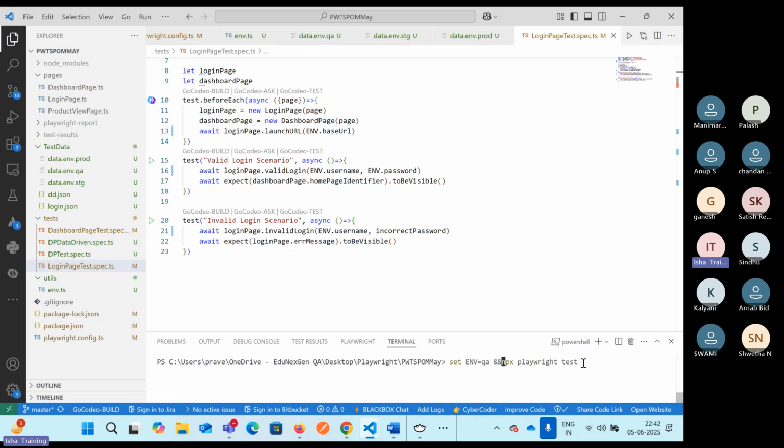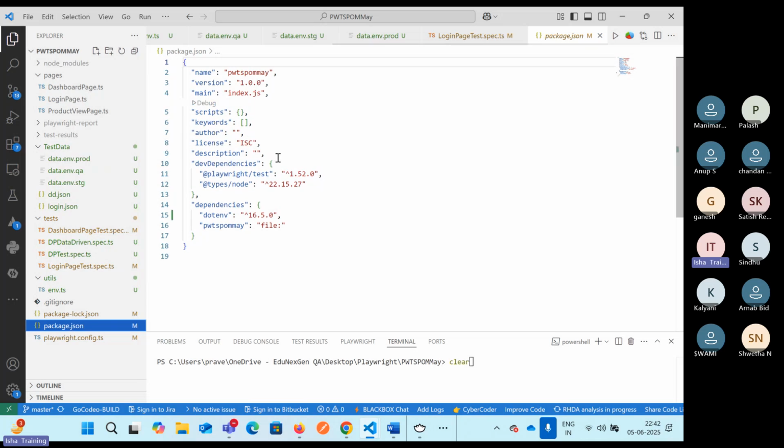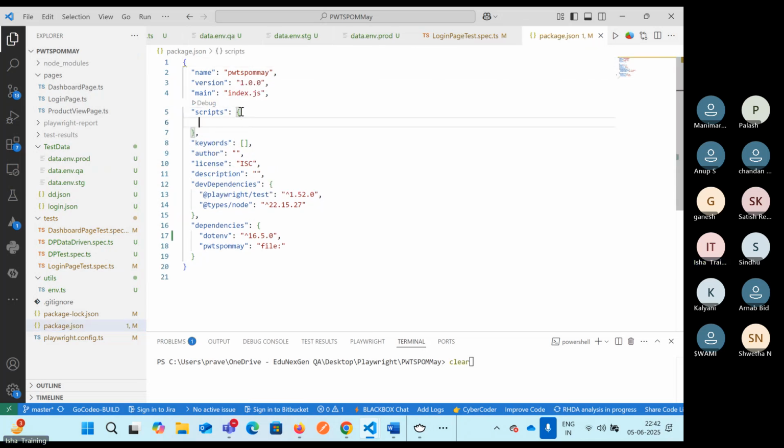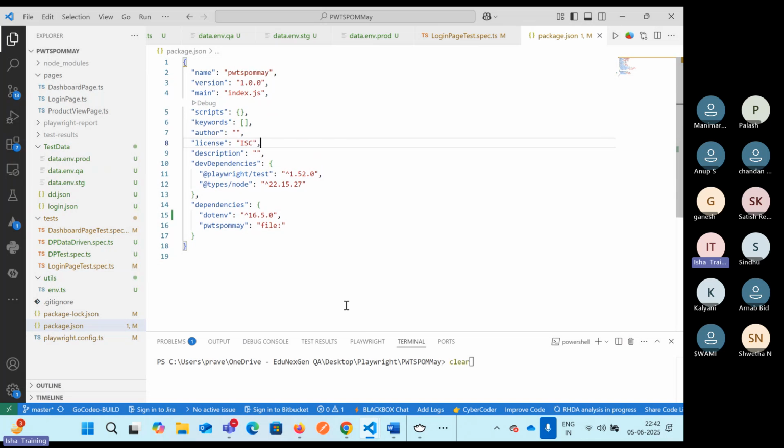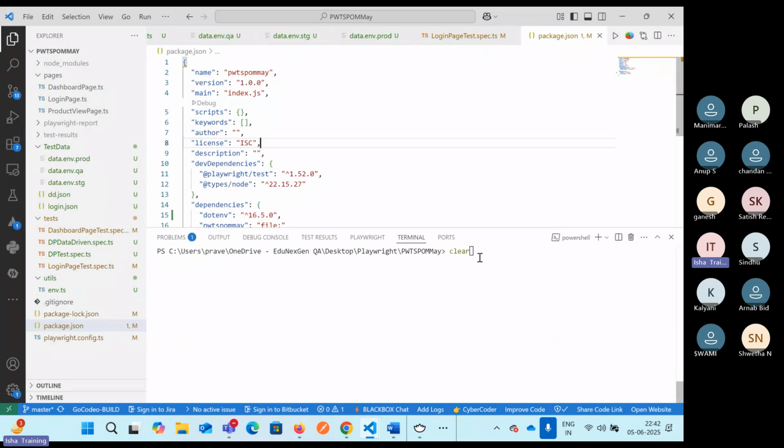But in terms of running this test case, currently we are trying to run from the command line directly, right? npx playwright test and some other things. Generally, we'll be following one approach where all the commands that we have to run, we'll write inside the package.json. Inside this, we can write all the commands that we are trying to run. And then how do we run these commands is by mentioning a simple command, which is npm run,